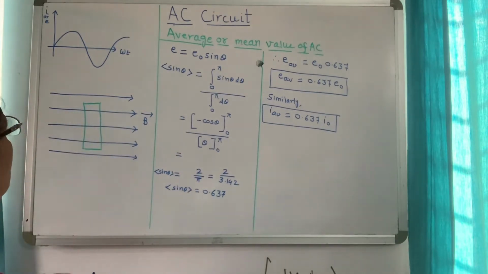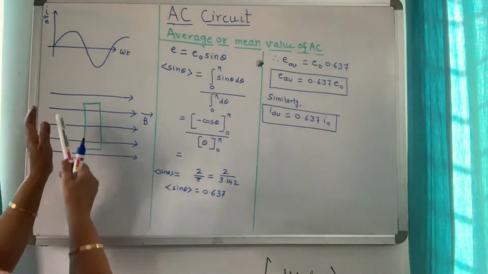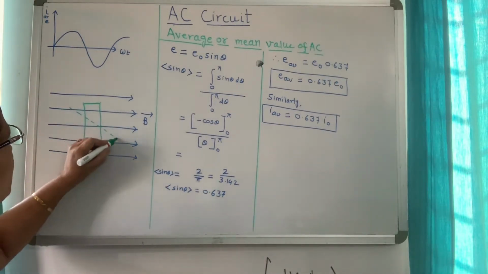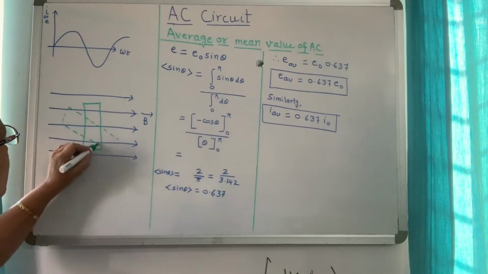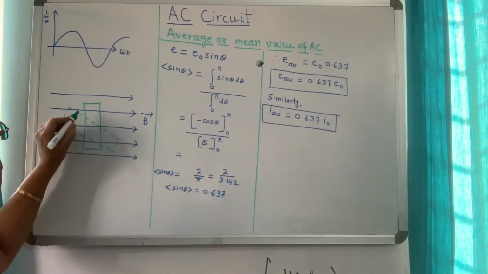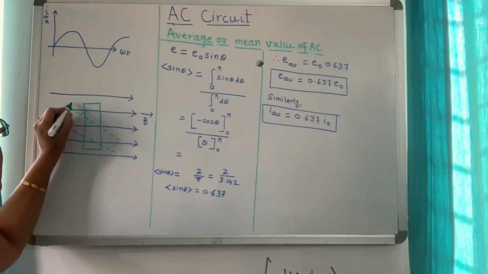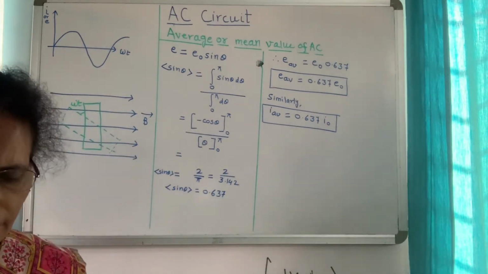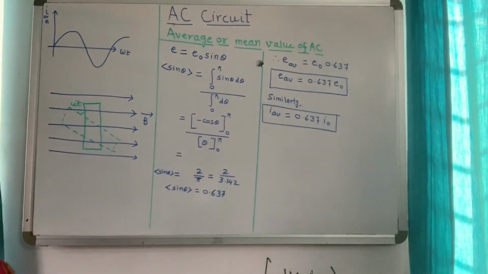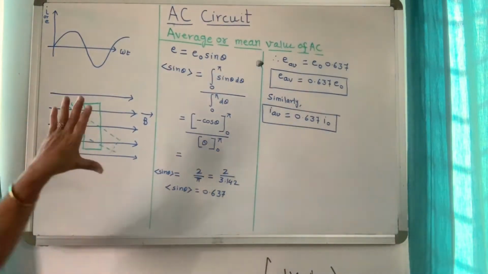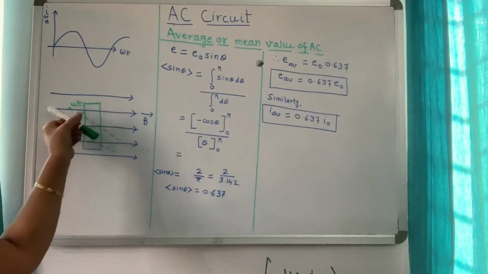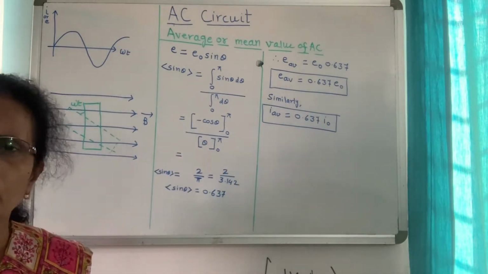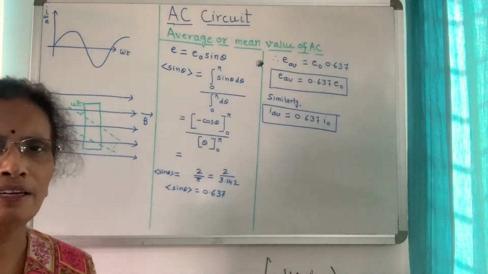right? Now if this coil rotates through an angle theta, this type of position will be there if it rotates in a magnetic field through the angle theta or omega t, then what will happen? It is placed in a uniform magnetic field, no flux will be generated. But as soon as we rotate this coil through the angle omega t, the flux will change, so EMF will be induced. This is the first law of electromagnetic induction.